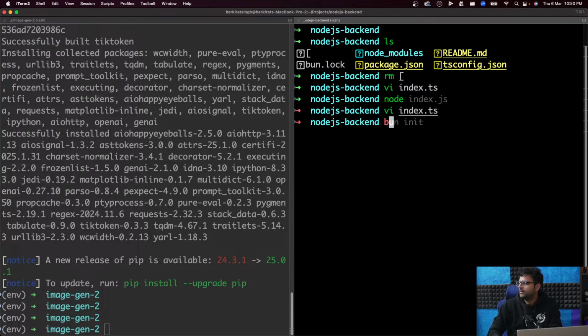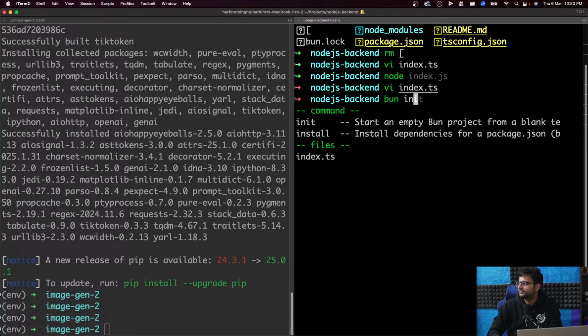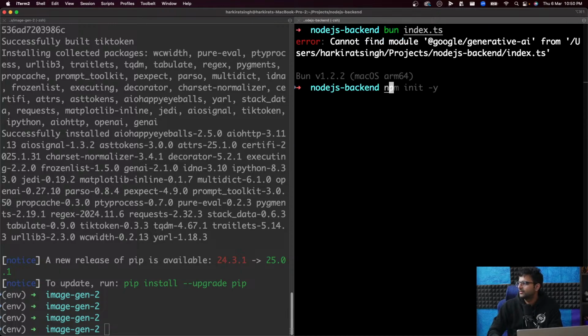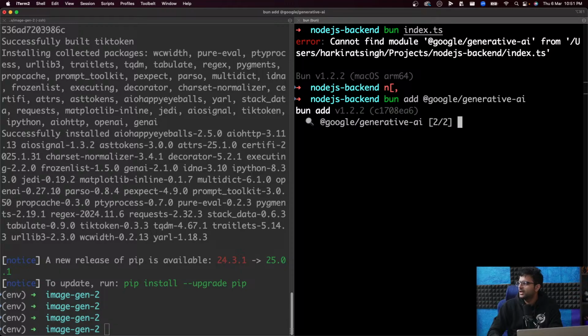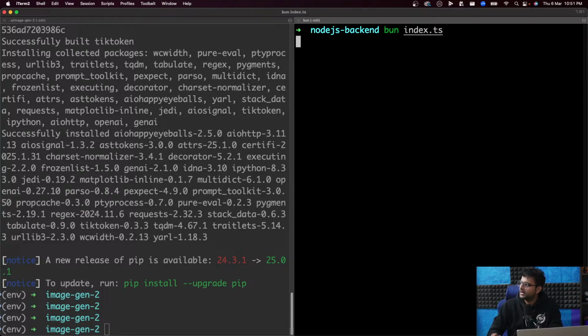And if I run bun index.ts now, first I have to do a bun add @google/generative-ai. And after I've done that, I can do a bun index.ts.